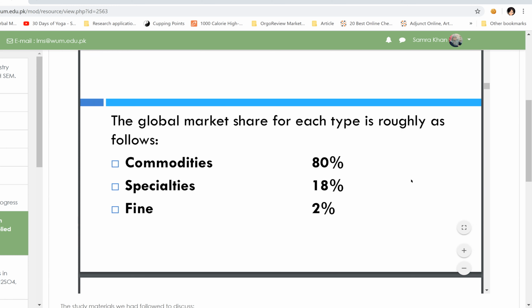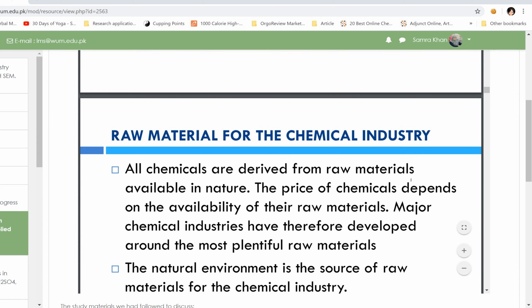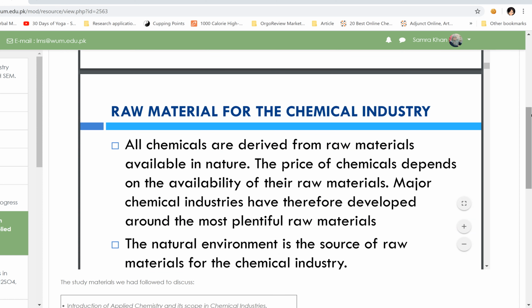All right, so moving on, and this is a very interesting perception. The raw material for the chemical industry. We all say that we are so much dependent on nature. Why? Even in the whole industrial revolution, when mankind and the human lifestyle had boosted towards modernism and all the luxuries related to it, we are still so much dependent on nature for the raw material. For example, for sulfuric acid, we require steam, and where does that come from?